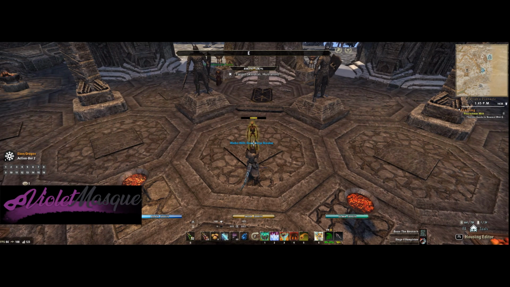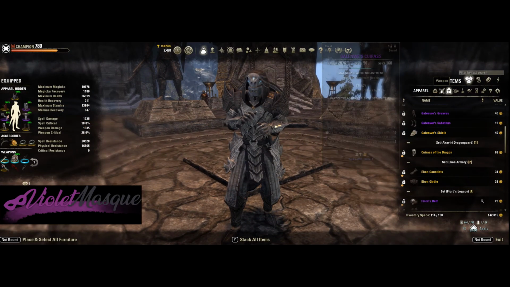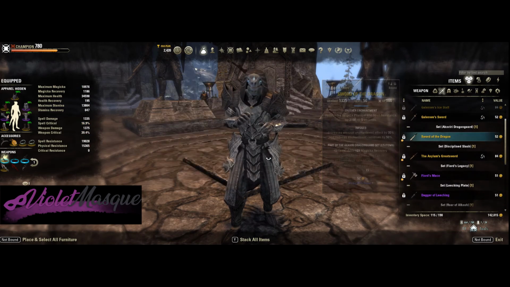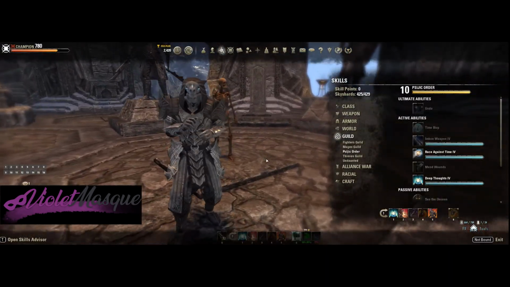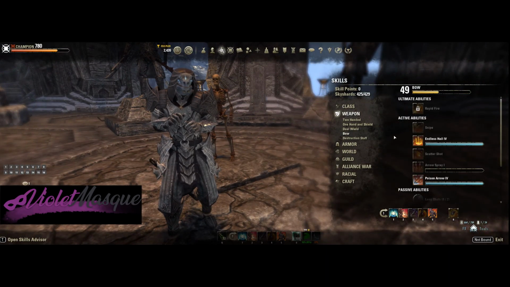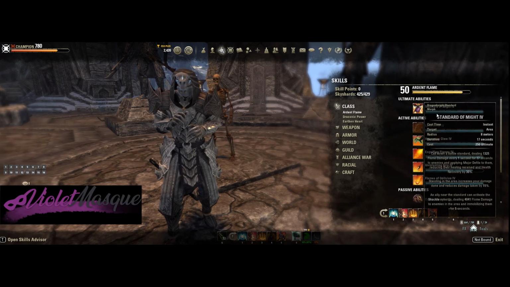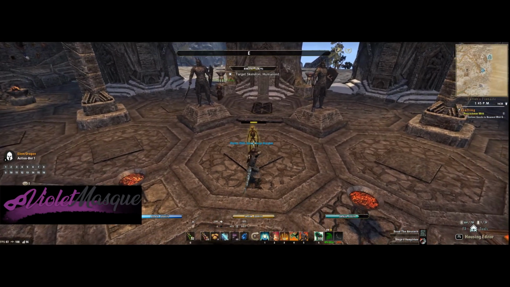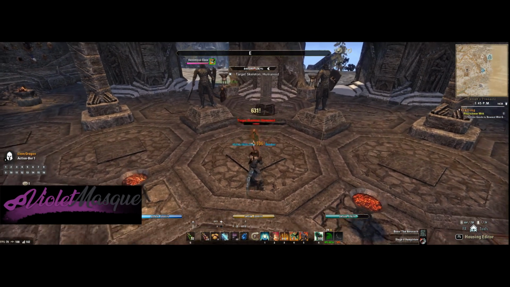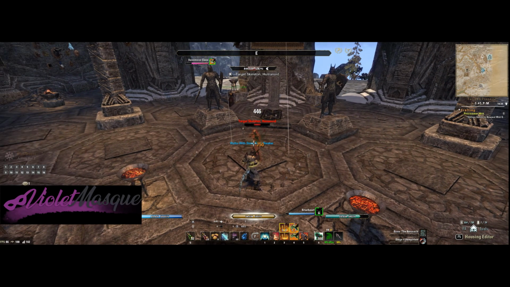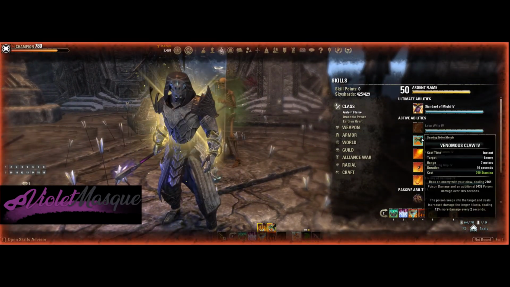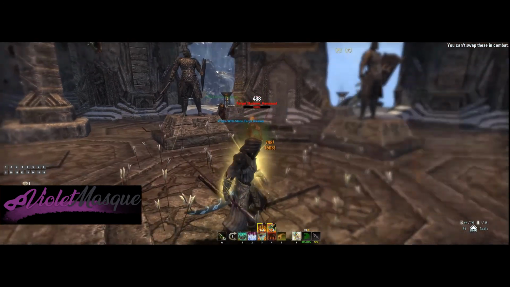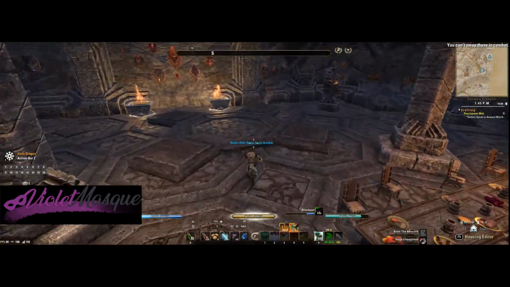So let's put back on a bow and show it with some of the bow abilities. So Endless Hail is the most obvious one with this. So if you Endless Hail, that's as fast as you can go normally. But if I put Venom Claw on my other bar, if I'm not in combat,